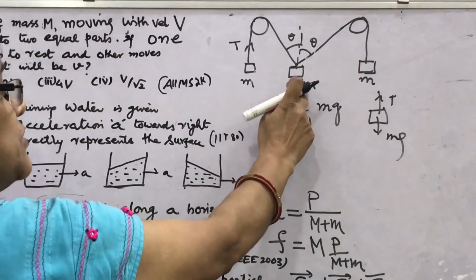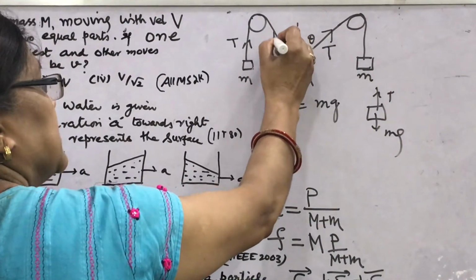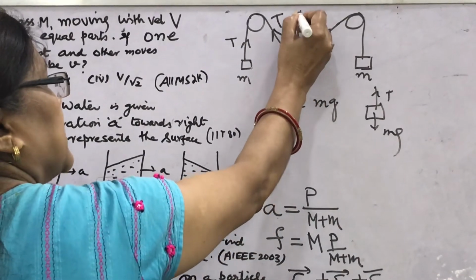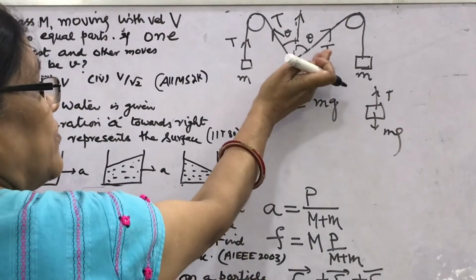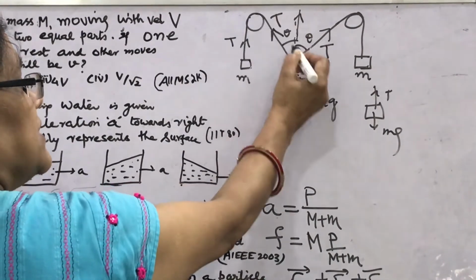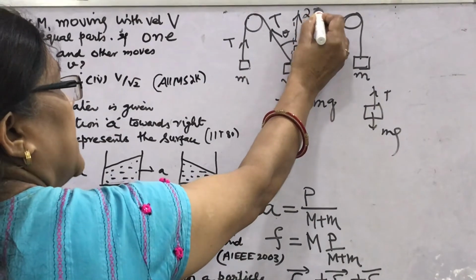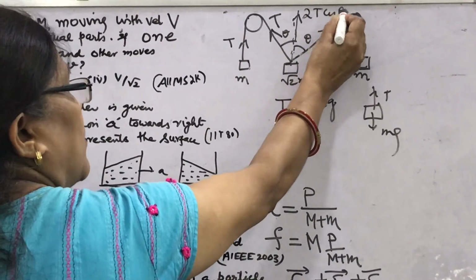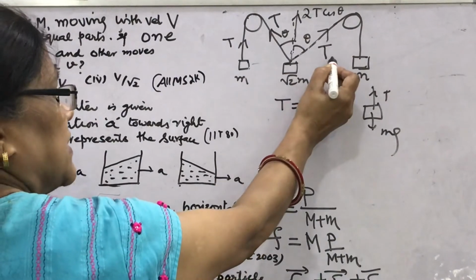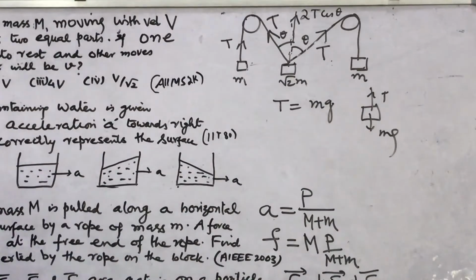What about this mass root 2m? This is the tension in the same string, so what will be the tension in this direction? For both parts you will find this will be T cos theta, as theta is this. So with this T and this theta, what will be the net tension? 2T cos theta. What about T sin theta? It will compensate: T sin theta here, T sin theta here. So the net effect will be null.